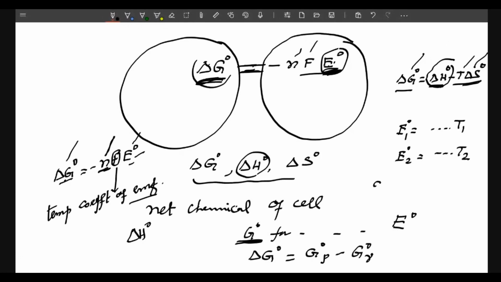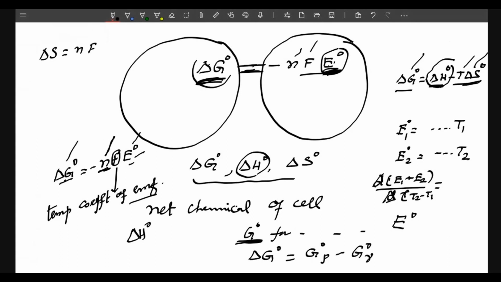The temperature coefficient is given by delta E, that is E1 and E2, divided by delta T, that is T2 and T1, the difference in this. This we call the temperature coefficient. If the temperature coefficient is given, delta S can be calculated. Delta S is equal to, take down this formula,